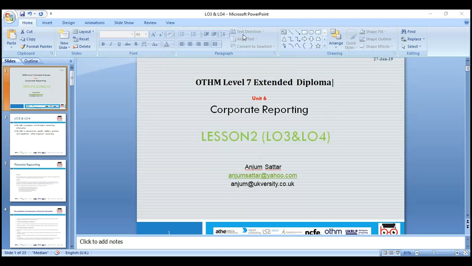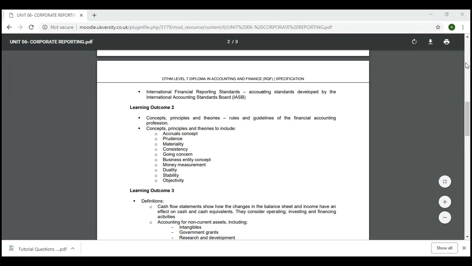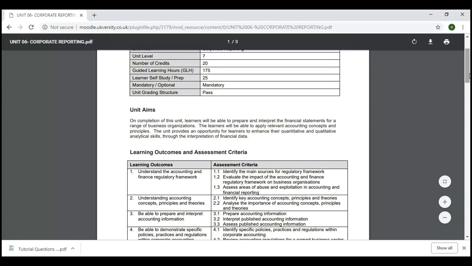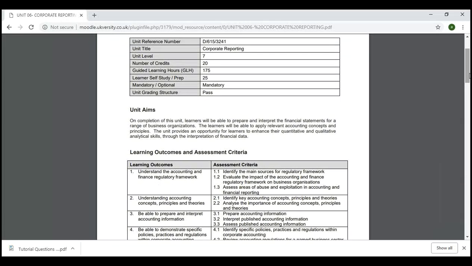Before starting our lesson 2, first we'll have a bit of a recap of what we learned during our first lesson. Do we remember anything? What do you think we learned during our last lesson, please? It was more about accounting standards and the framework in which we are generating or creating our financial statements. Companies follow which standards, and basically some other forms of standards, which are generally accepted accounting principles as well.